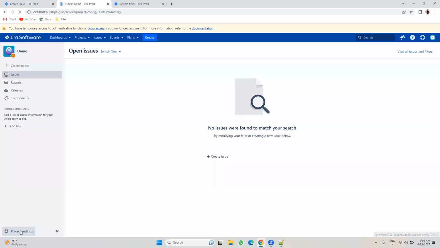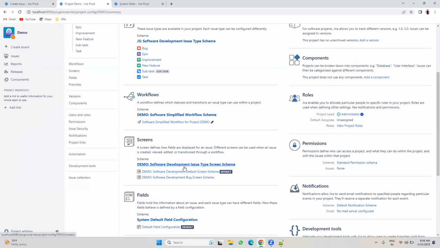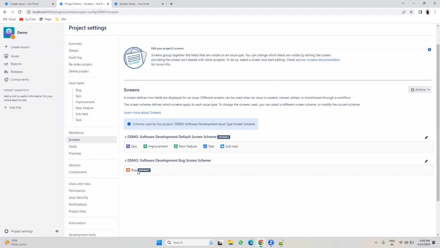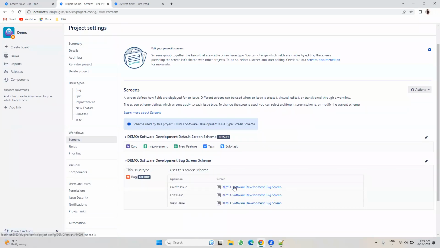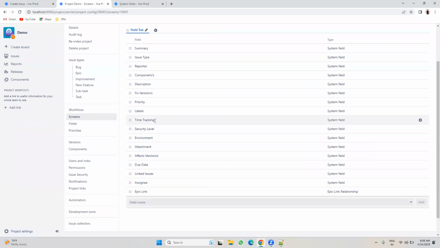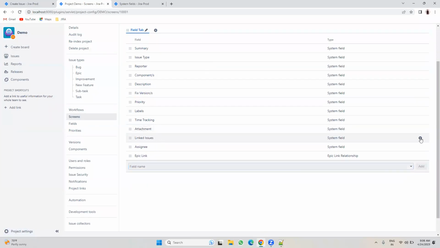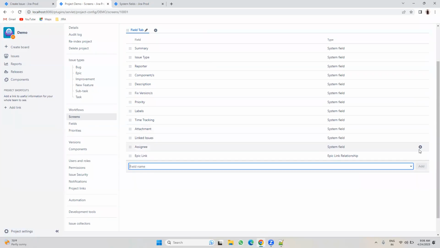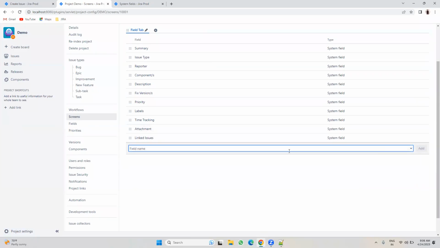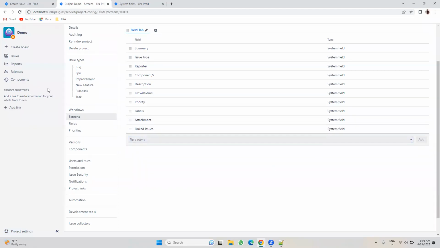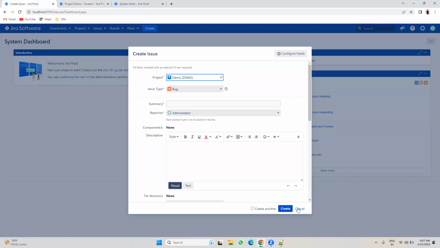If I go to project settings, screens, I open the bug screen. In the bug screen, you can see time tracking. I don't want to confuse you all, so I'll remove all this, no need. So time tracking, what I'll do, I'll remove this time tracking. Now when I open it,